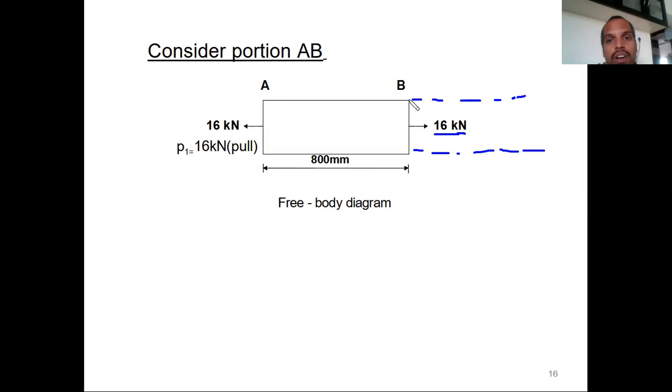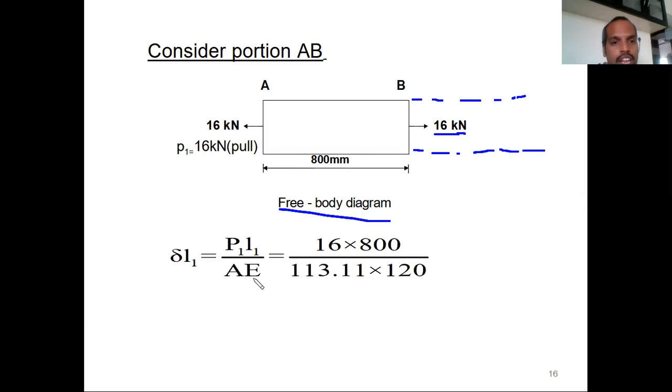That's why we are drawing a free body diagram, FBD. So 16 kilonewtons means 16 kilonewtons. That's all, the AB portion is over. Neglect the 24, which comes again in the consideration of BC. Let us discuss this 16 and 24 there. So this is also subjected to 16, and that's over.